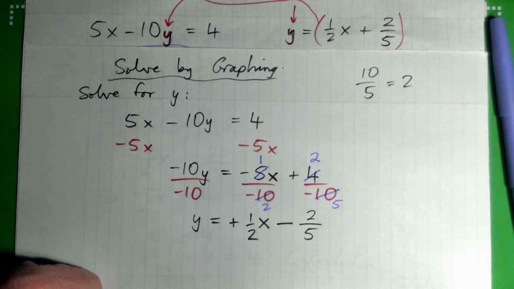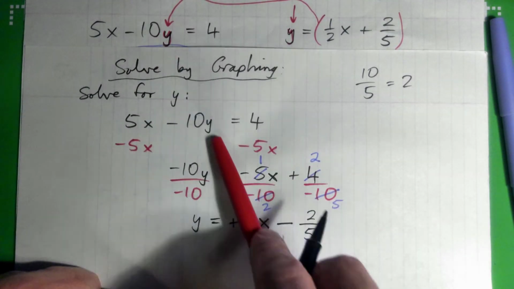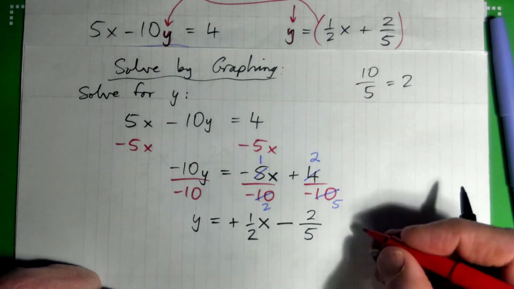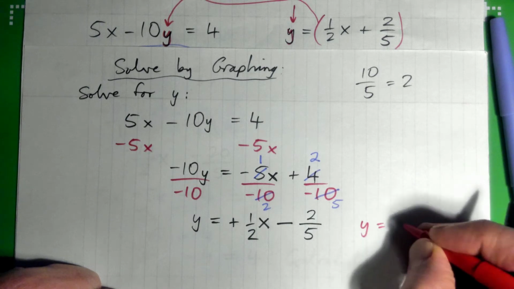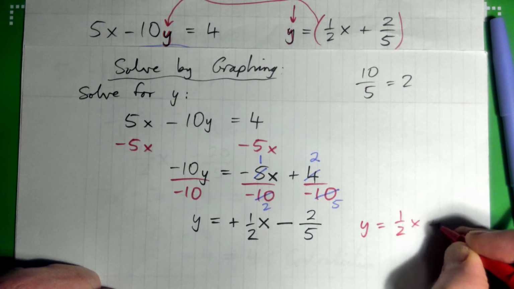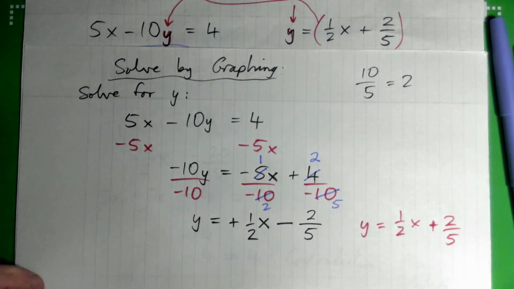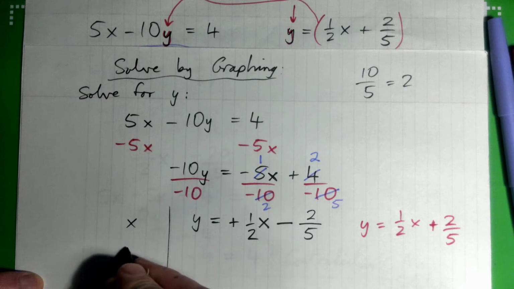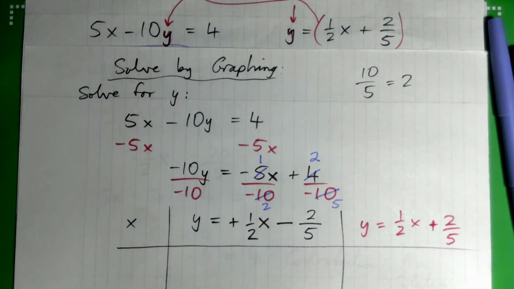Now, I'll call that the black equation, and this was the equation on the left, right? It became this, right? A half x minus 2/5. The equation on the right, the half x plus 2/5, looks like this, right? Doesn't it? So if we were to plug points in and make a graph,